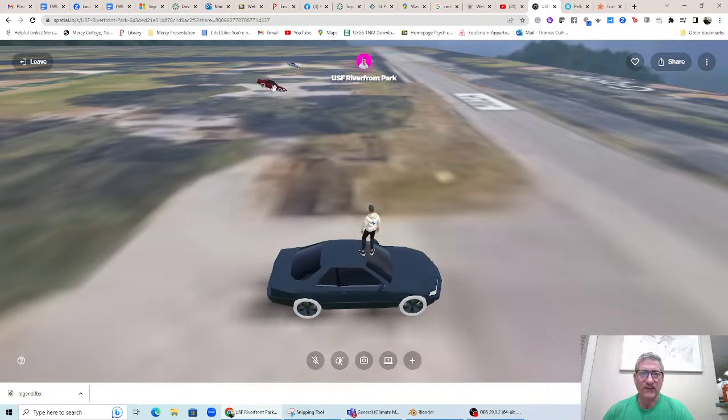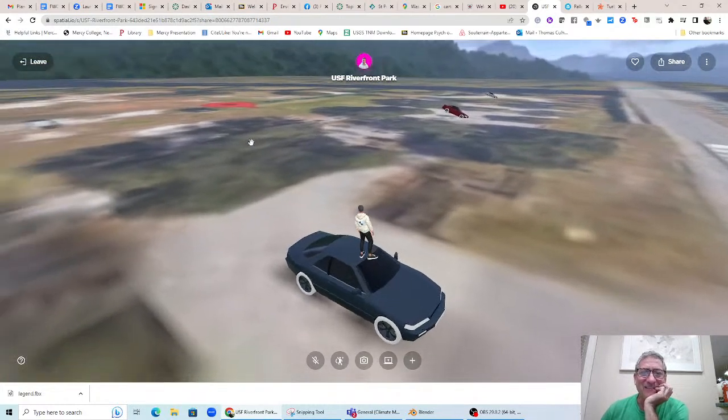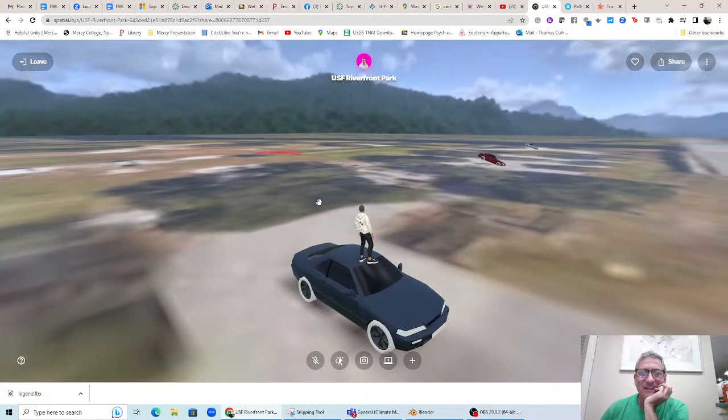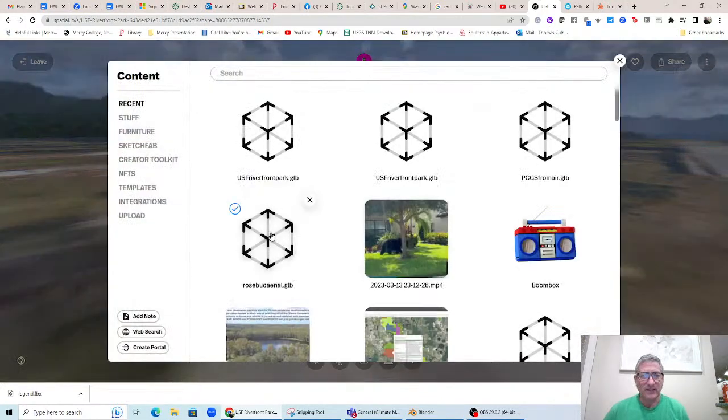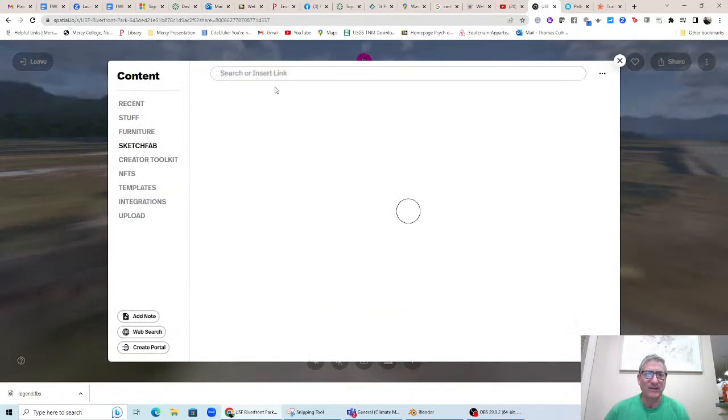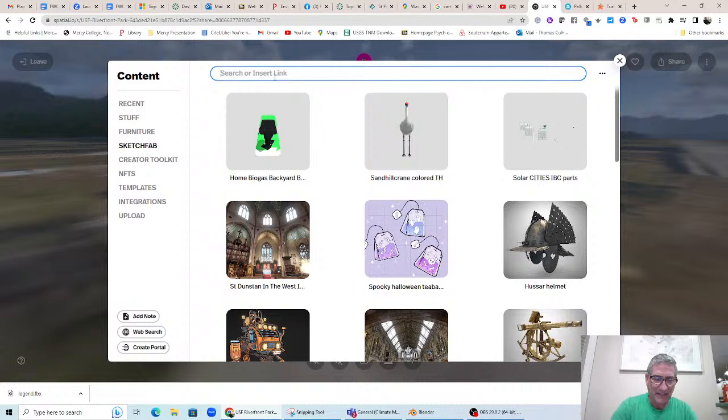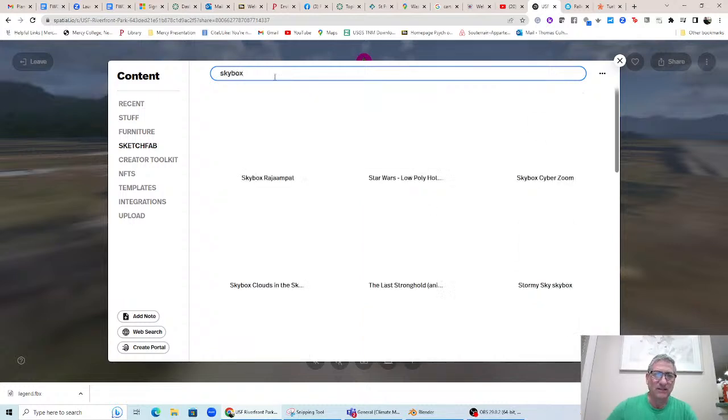So we'd have to go and fix all this, and the thing about this is that these cars are caught in the FBX model, and they weren't right. So I'd have to go take them out and redo it. Before I get into that, I also want to show that there's various skyboxes that you can put in. If you don't like the skybox that's here, you can go to Sketchfab, and you can add a skybox, and then